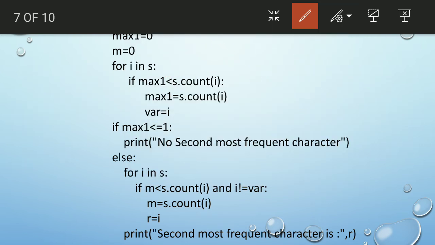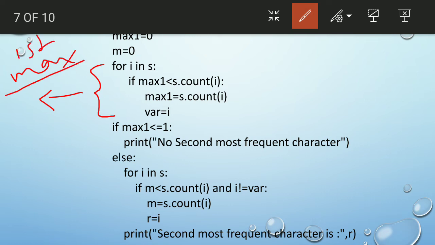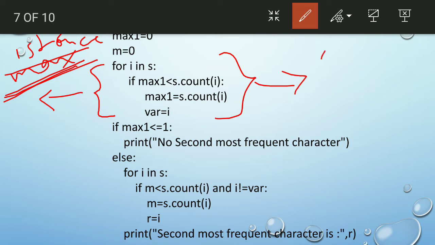So what does this loop do? This loop is used to find the first most frequent occurrence. Most frequent occurrence, that is a, and how many times it occurred is stored in max1.